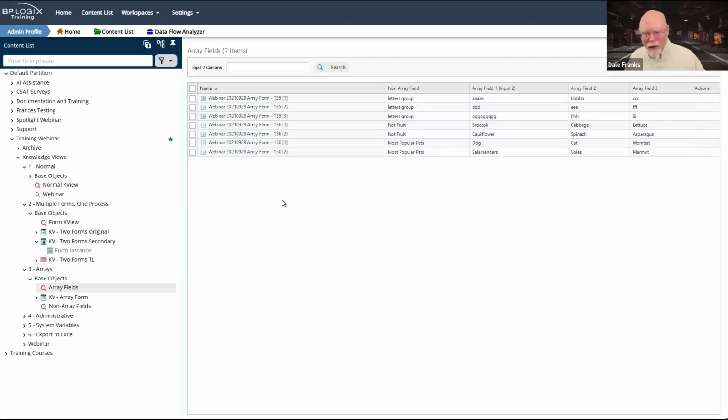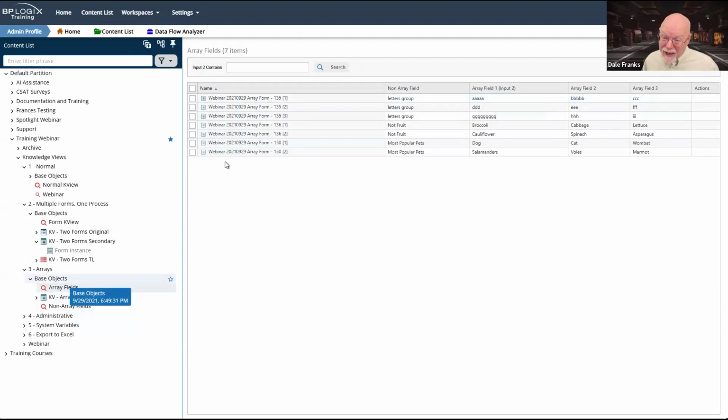When you are showing end users a knowledge view, you do need to think pretty carefully about whether you want to show it to them this way, whether you want to just remove all of the array fields so that the knowledge view itself only returns the non-array fields and thus only shows 1 row per form instance.